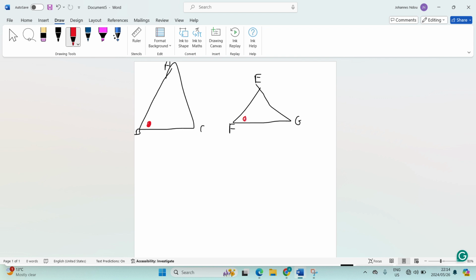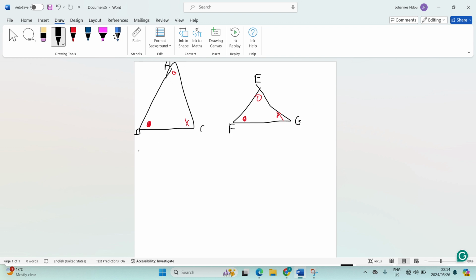This angle is equal to that one, this one is equal to this one, and this one is equal to this one. Now, what do we mean when we say triangles are similar? They share the same angles. The angles in this triangle are the same as the angles in that other triangle, and the corresponding sides are